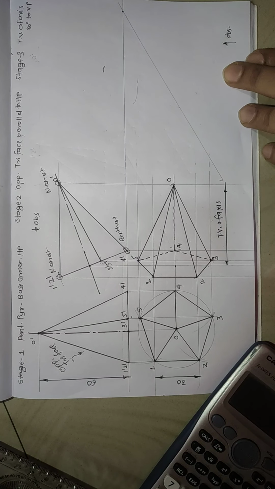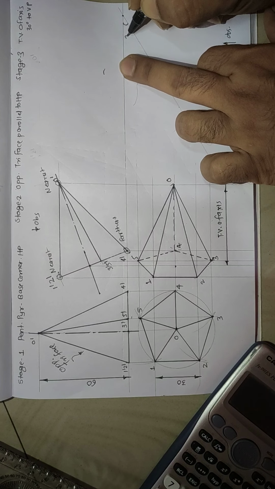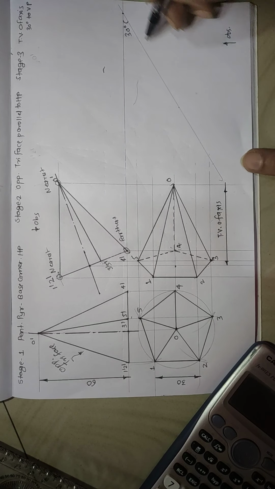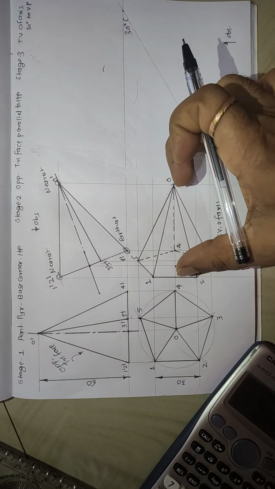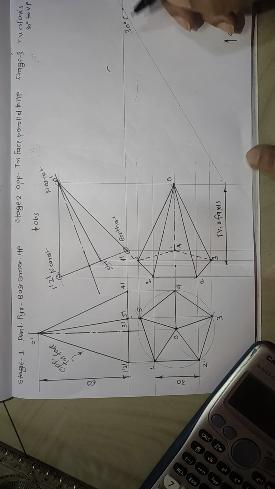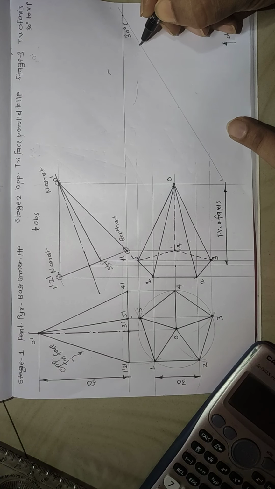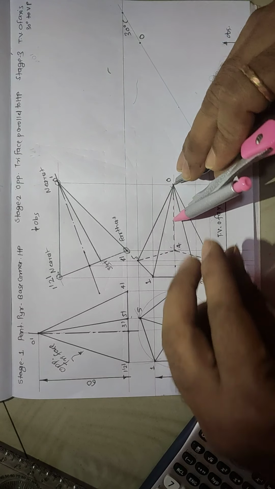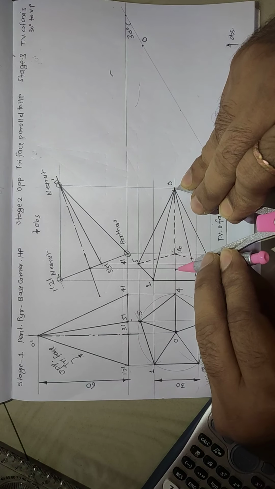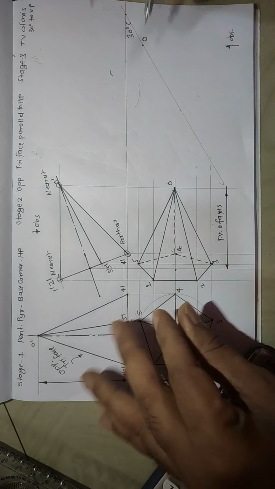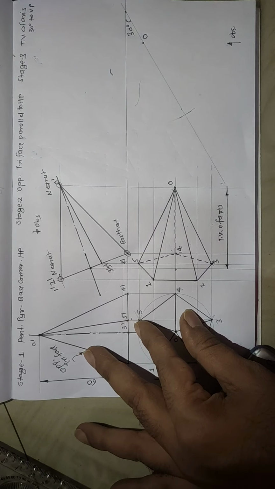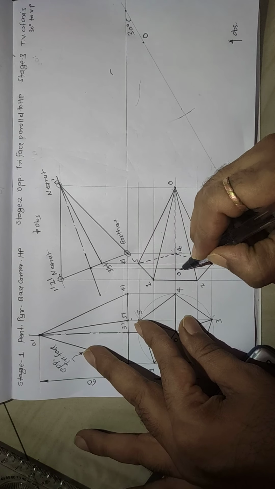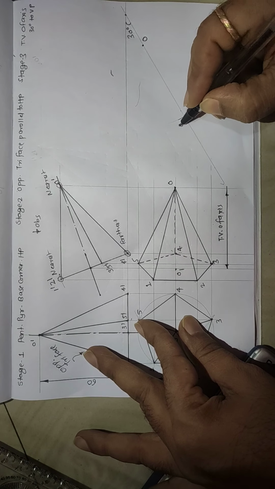30 degree angle. Now on this angle you have to maintain this length. This length you have to transfer on this line. So first of all I will take one random point. I will name that point as O. Then I will take a distance from this point to this top view of the axis, and I will mark it over here. I will name this point as, suppose, O1. So this point becomes your point O1.